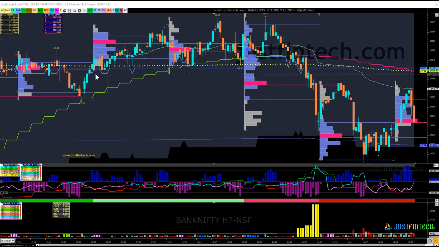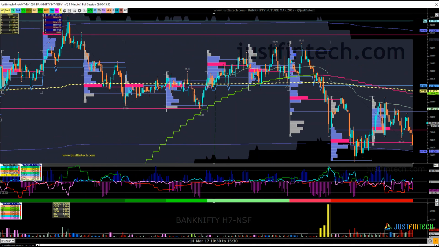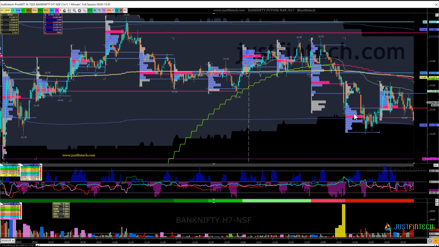It comes into the VWAP, rotates there for a while, again tries to make a higher balance, breaks down from that. Finally, it creates a lower balance and settles near the lower balance point of control. So a bit of a negative close with this volume zone not sustaining. So this balance high and almost the VWAP is also there. The balance high is also there. 21,160 and 21,170 is an important zone to watch out for.